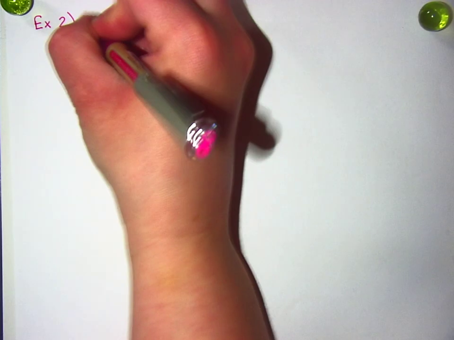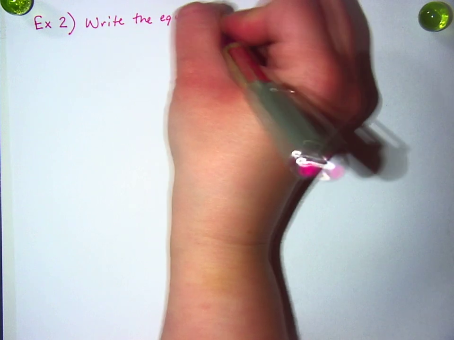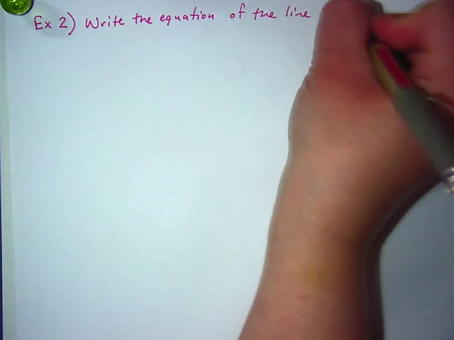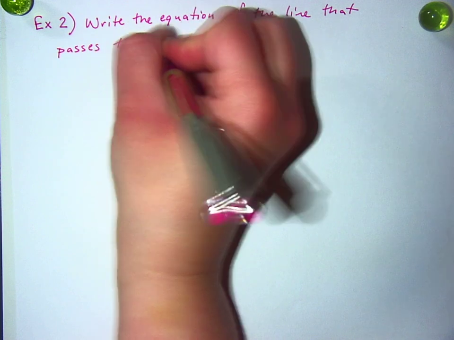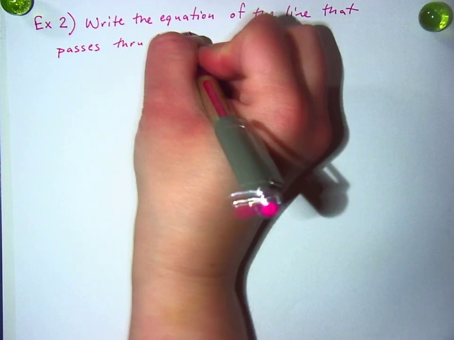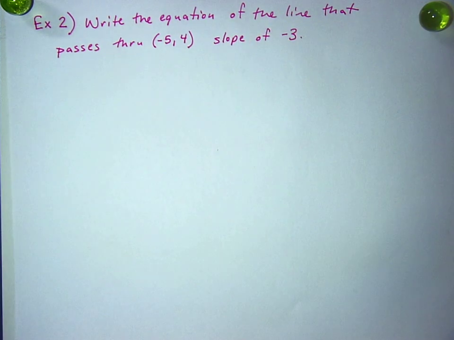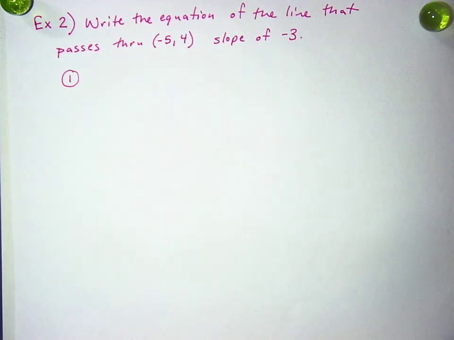Okay, so example 2 is write the equation of the line that passes through (-5, 4) with a slope of -3. All right, step 1. So if we go back to our instructions, it says that step